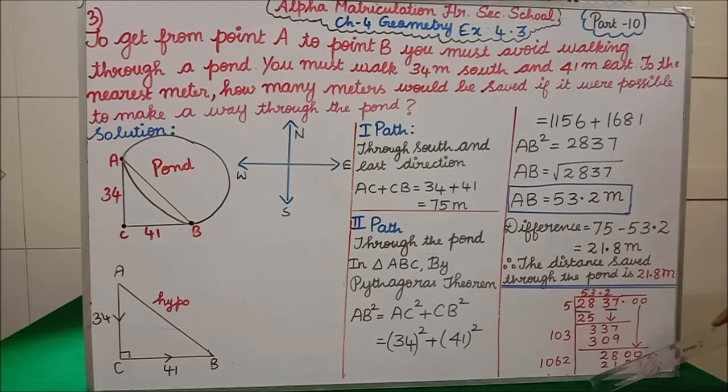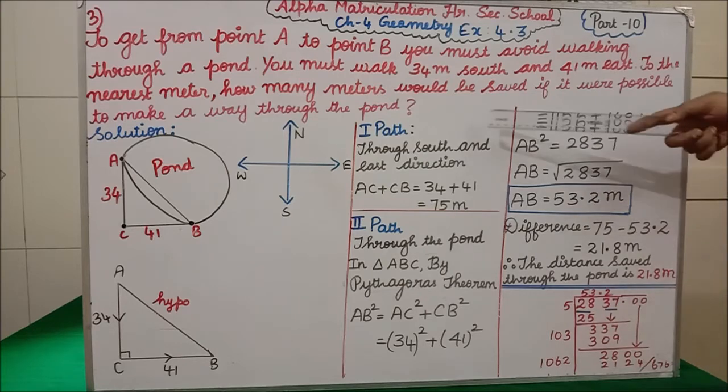So if I write 1, 1601 is very small when compared to 2800. So I have written 2 here. So 2 into 1062 is 2124. So the remaining is 676. After the decimal, if we get one digit it is enough. It still continues, but we don't want that. We have found that 53.2 is the square root of 2837. Clear, students, all of you?